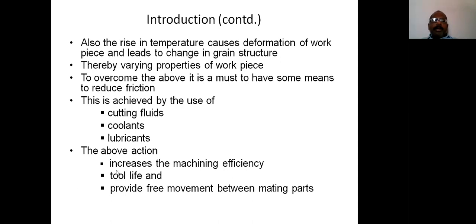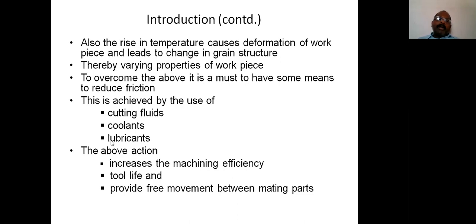So whenever the cutting fluid or coolant is applied between the chip and cutting tool, or between the job and cutting tool, the chip produced is moved away in the fluid flow. How is the chip removed, or how does the chip escape? Along with the liquid flow, the chip produced simply runs away along the fluid flow. So what happens? The cutting tool moves over the job without any obstruction. That means the tool movement over the job is free.